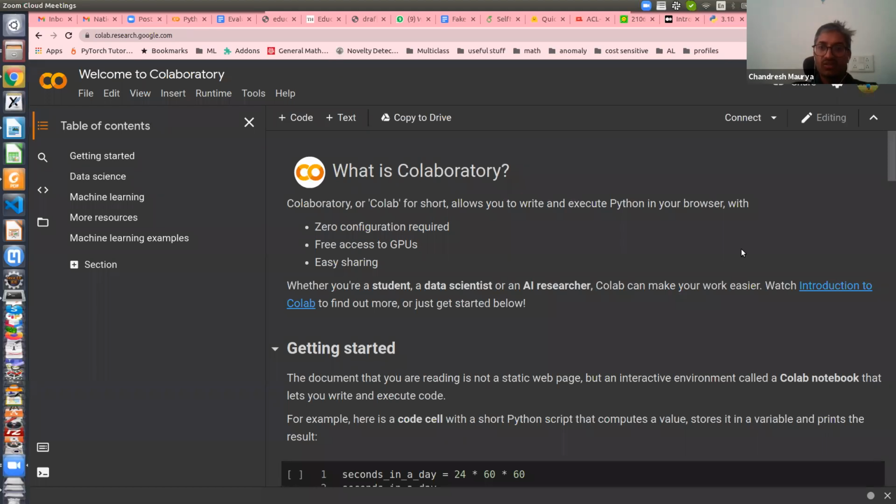So what will happen is that it will open this Google Colaboratory. It is basically a cloud-based platform where you can run your code written in Python.